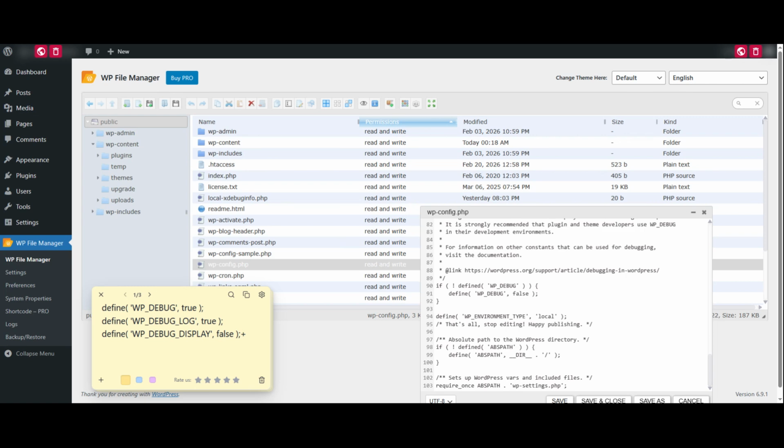Once you're inside your WordPress root directory, locate the wp-config.php file. Open that file and scroll down until you find the line that says, "That's all, stop editing, happy blogging." Just above that line, add the following code. Define WP_DEBUG true, define WP_DEBUG_LOG true, and define WP_DEBUG_DISPLAY false. This configuration turns on debugging, saves all errors to a log file, and prevents them from being shown